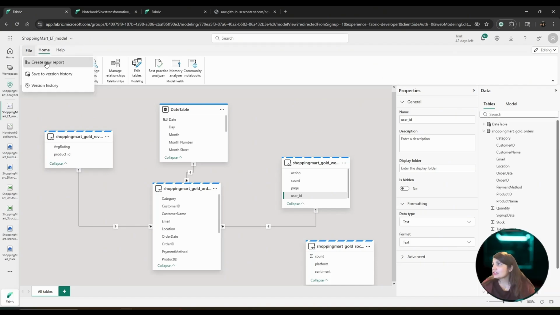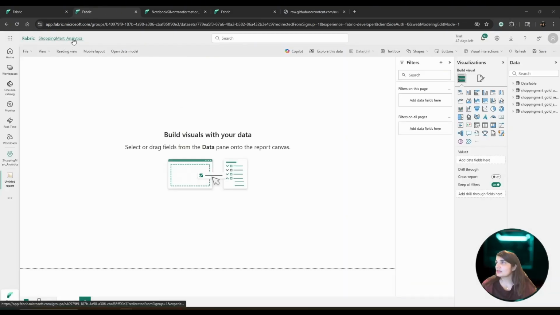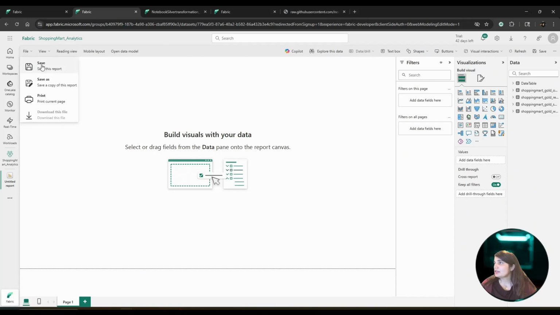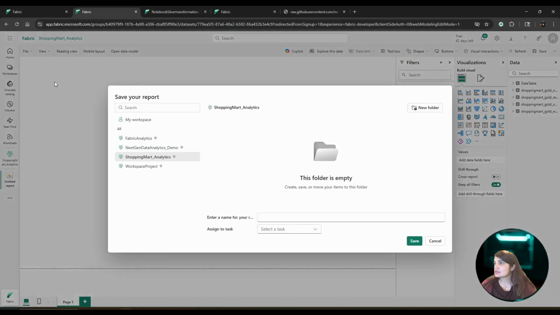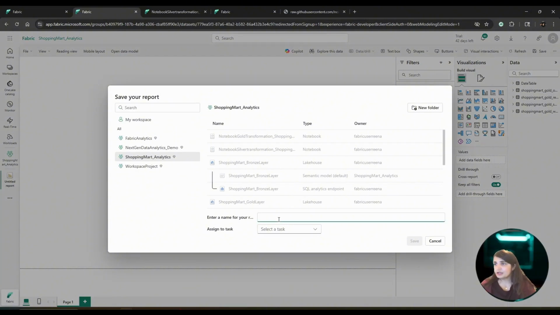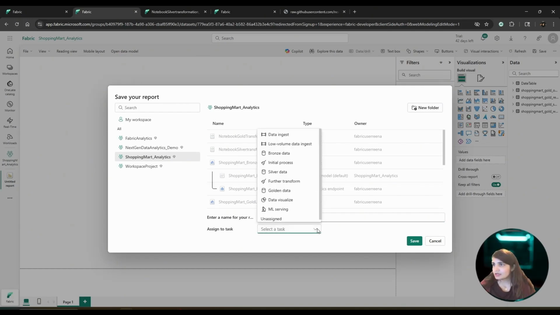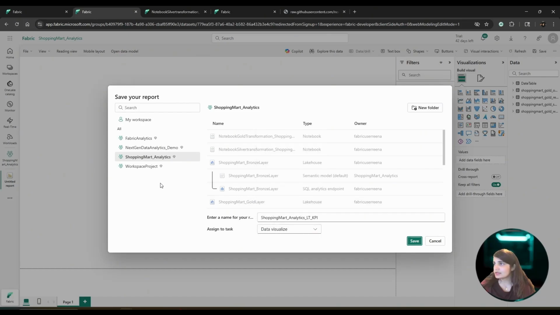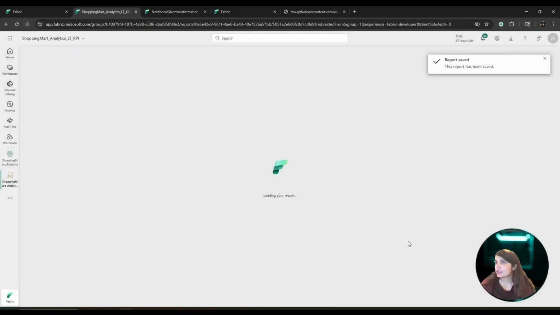And now we're gonna create a new report on this model. Let's give it a file name. We're gonna save it as, let's give this report the name, we can name it as shopping mart RX LD KPI. Okay. We can assign the task later. Data visualize, it will come. Okay, so yeah, it's in this workspace, shopping mart analytics. This is the name of the report, and we're assigning it to the task data visualize. Let's save it. Okay,